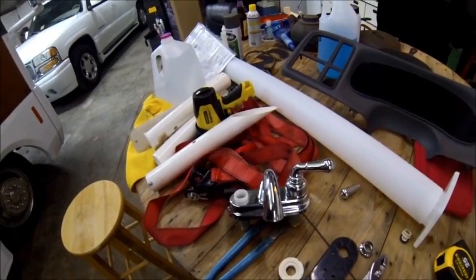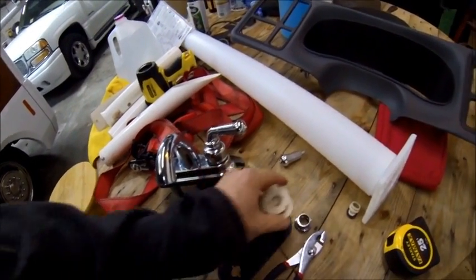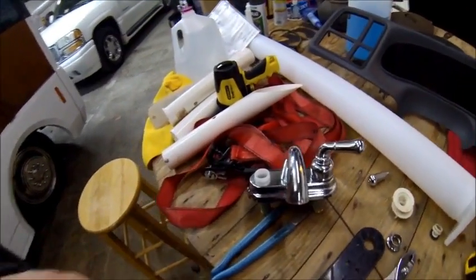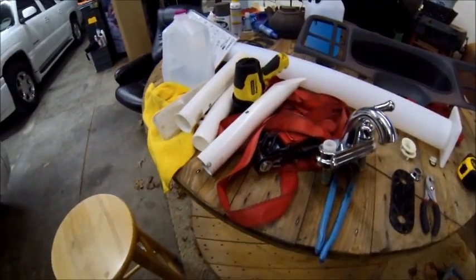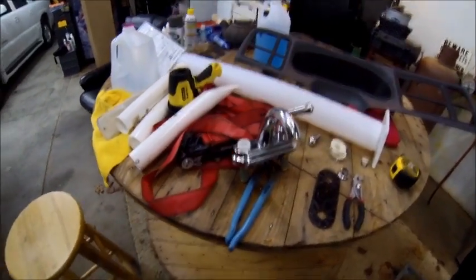Water started gushing out because I had my water and everything going. Hot water heater was on. I was getting ready to take a shower, and that really stalled my plans. I ended up messing with this thing for about 3 hours last night and couldn't fix it, of course, because